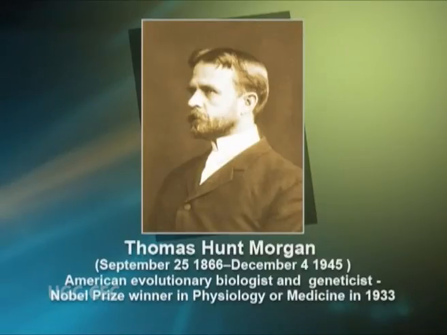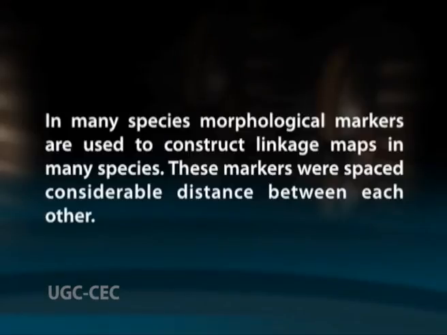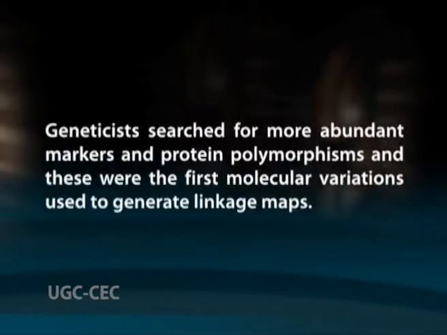Morgan described the essential features of linkage between genes in 1911, and Sturtevant published the first linkage map of Drosophila melanogaster in the year 1913. In many species, morphological markers are used to construct linkage maps. These markers are spaced at considerable distances from each other. Geneticists searched for more abundant markers, and protein polymorphisms were the first molecular variations used to generate linkage maps. But the environmental influence and limited number of polymorphisms were the major drawbacks, and these led to the development